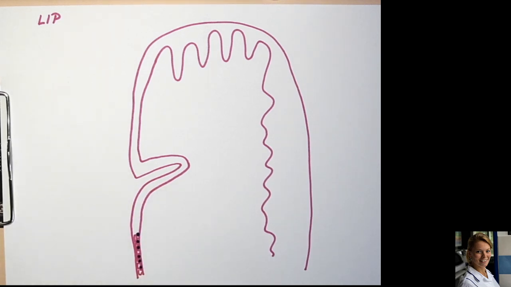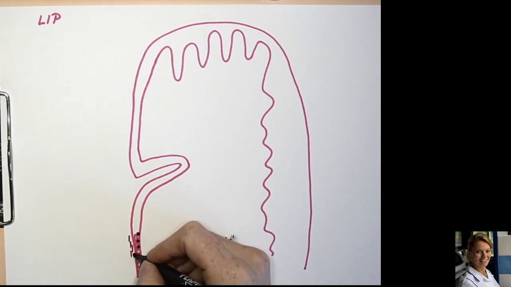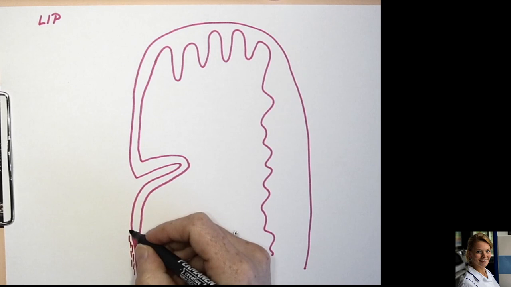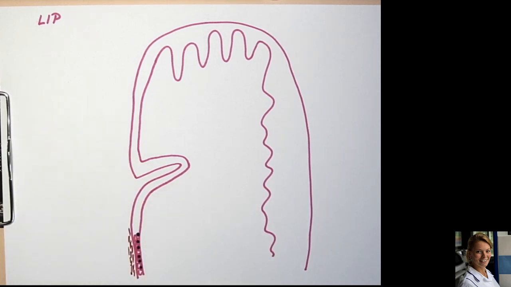The last layer is called the stratum corneum, and it contains only remnants of these cells. This is thin skin, it contains a thin stratum corneum,